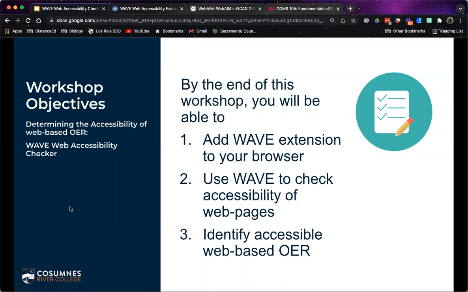And since the purpose of this workshop series is to help you with OER, it will allow you to pre-screen some of the OER that you are looking to use in your classes, to identify if they are sufficiently accessible to use as is, or to identify accessibility issues that may need to be remediated by